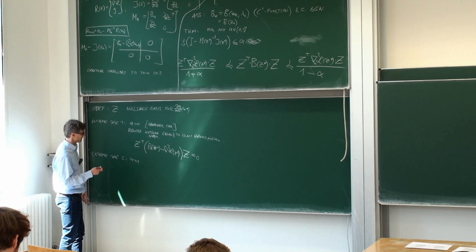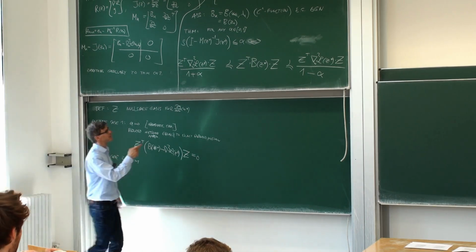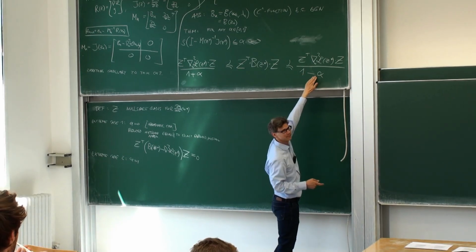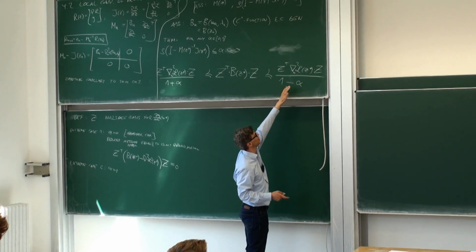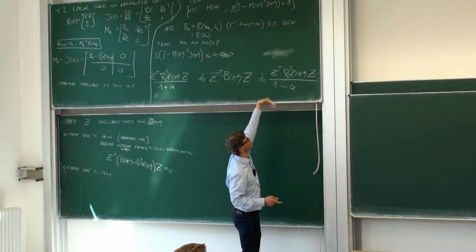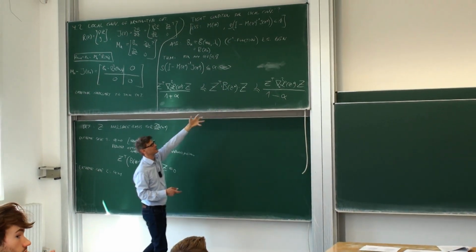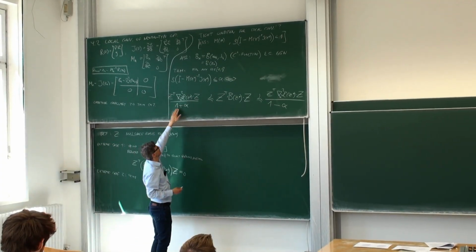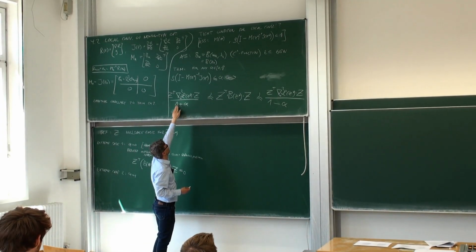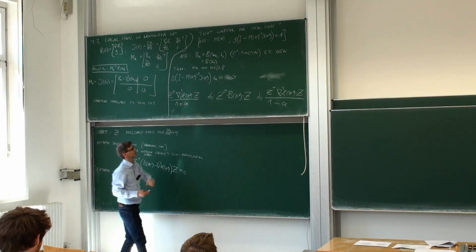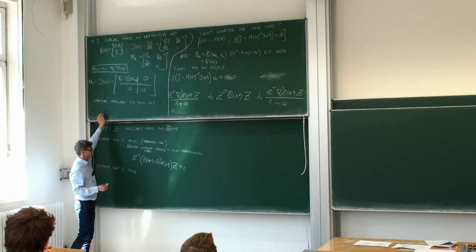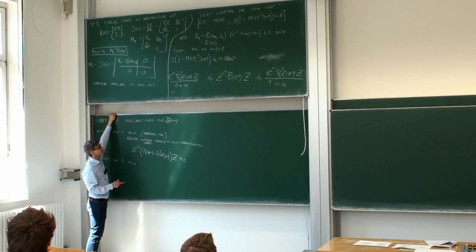But what would it mean? It would just mean that in this inequality you divide by 1 minus alpha. Alpha is now nearly 1, or it is 1, so you divide by zero, so you have no upper bound. It can be arbitrarily large. But on the lower bound you have that it should be 1 plus alpha, which is 2, actually. So you see that the only remaining bound for alpha equal 1 is actually,